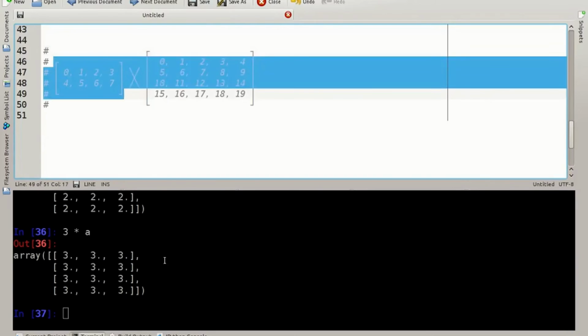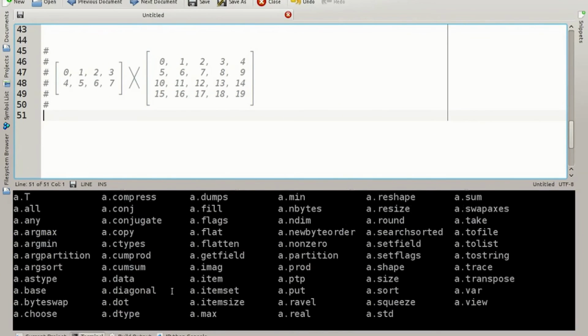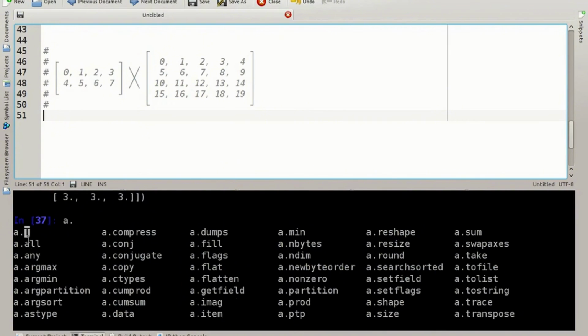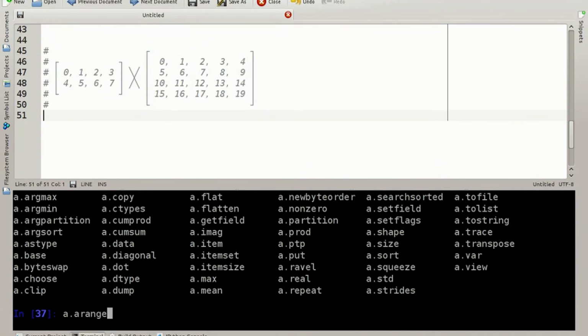So far we've been using NumPy arrays. NumPy arrays are very powerful. Let's say a dot. They have plenty of functions we can use them for. But here we can transpose them, but we have no option of inversing them, and we cannot do matrix manipulation directly. Instead, we need to have at least one matrix as part of the multiplication. If we want to create such a matrix here, which is essentially a range of values from 0 to 7, or this here from 0 to 19, we can use the arange function. Let's have a look. Arange of 20 will result